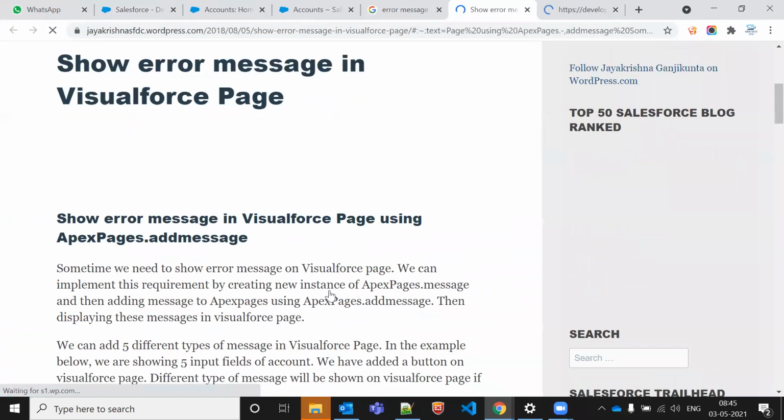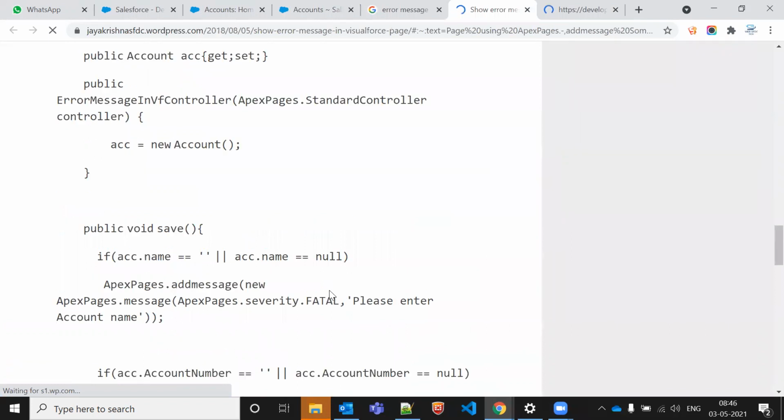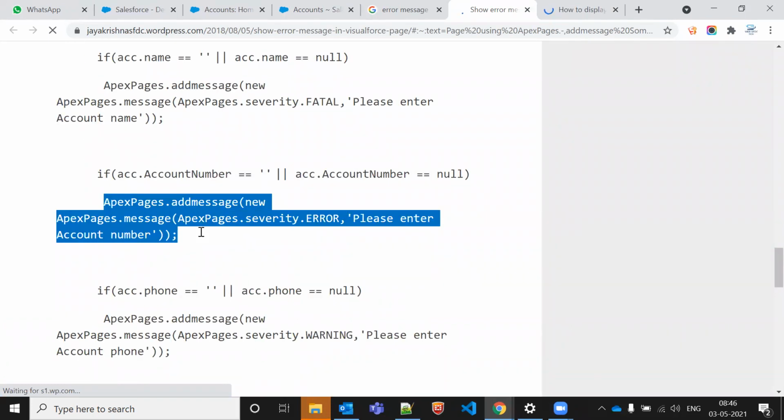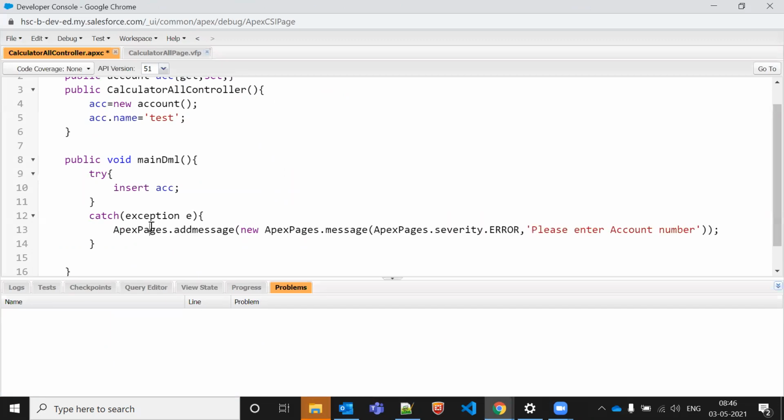Let me copy the syntax here. Okay, Apex message. So what will I do here? We can enter: please try again later.